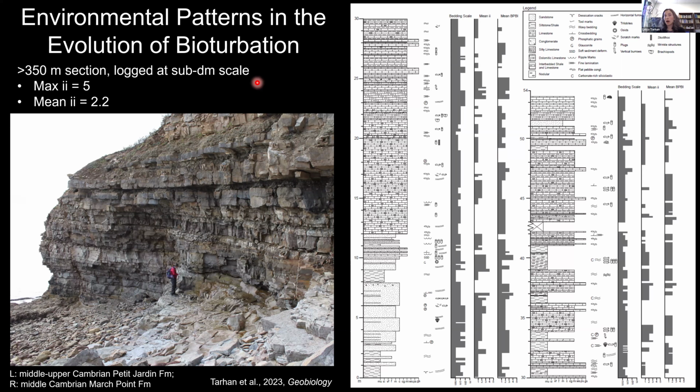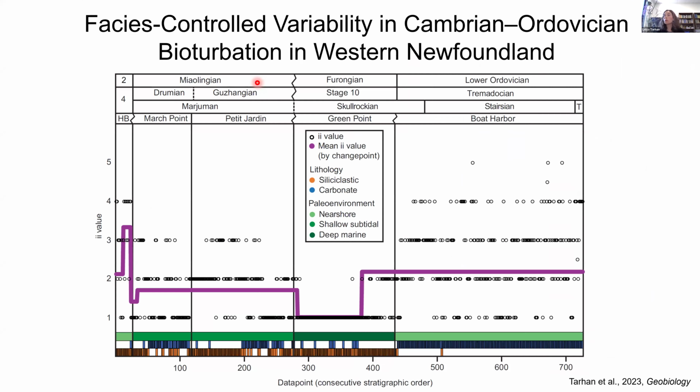But in order to dig further into why that might be, or whether or not we can actually demonstrate this statistically, we also performed a change point analysis, in which we allowed a change point algorithm, without any sort of a priori binning, to determine if or where are the significant inflections in our bioturbation data. So here you're looking at our individual ichnofabric index observations from this succession, arrayed in stratigraphic order from left to right. You can see a little bit of additional information, some relatively coarse paleoenvironmental bins for these units, with the lightest green being the most near shore, darker green being deeper water, and also some lithological bins.